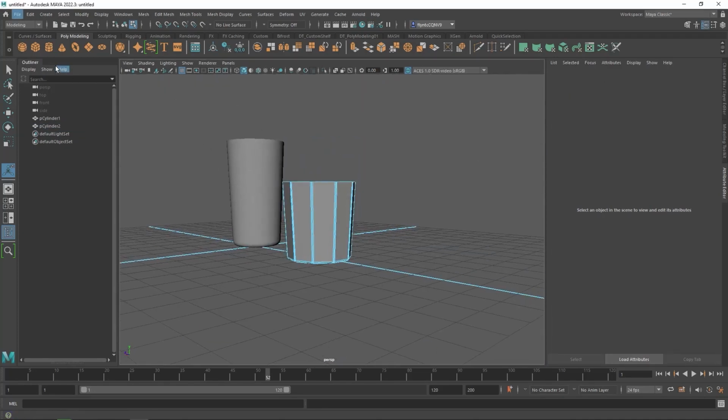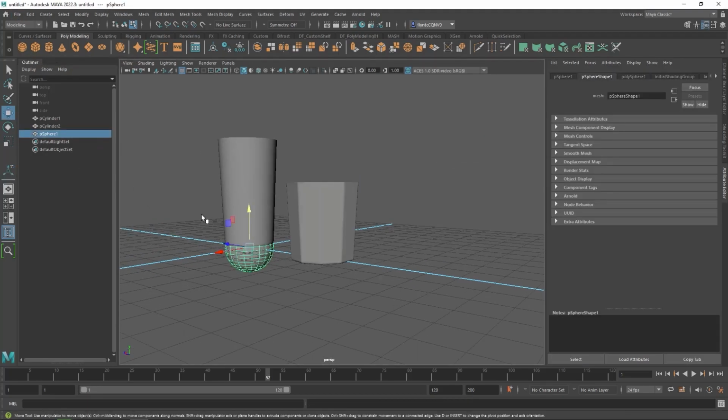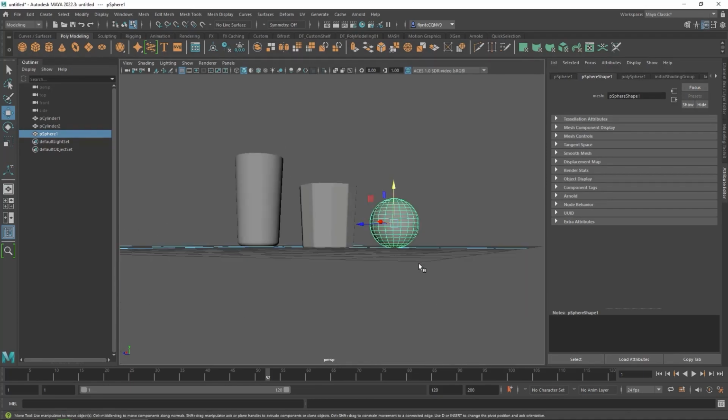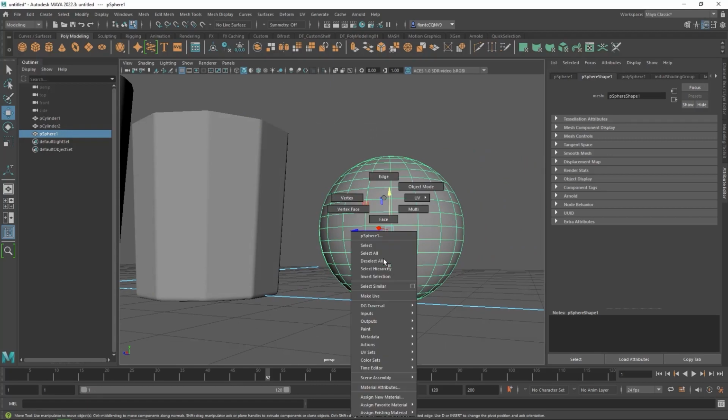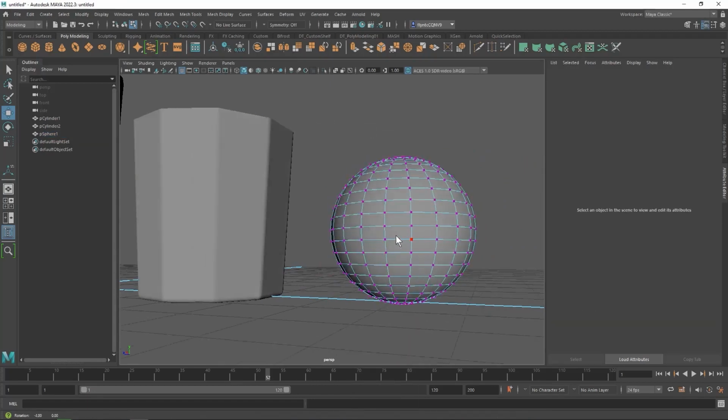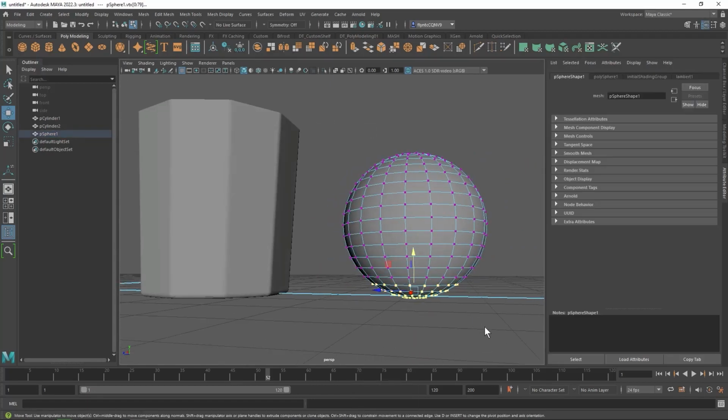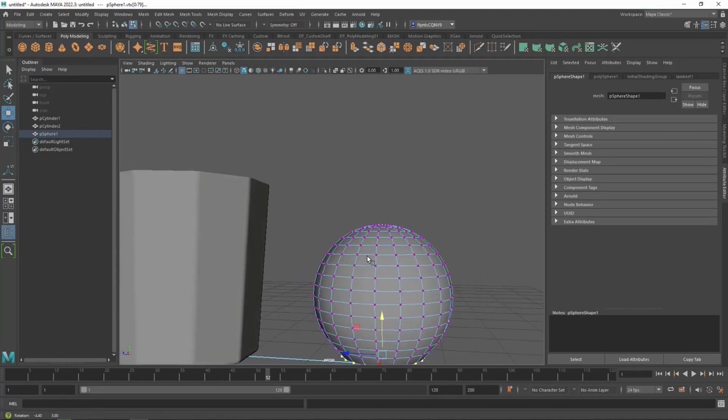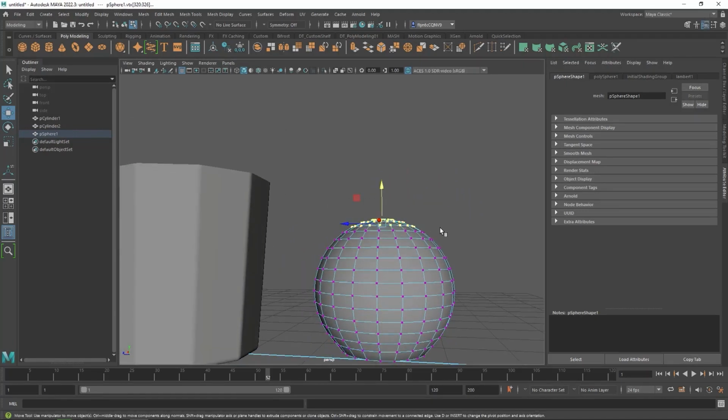We could use a sphere. And this is one I did in my example at the beginning of the tutorials. We could switch to vertex mode, grab the bottom vertices, use the scale tool to flatten them out. You move them up a little bit, and then you could grab these, flatten them out,